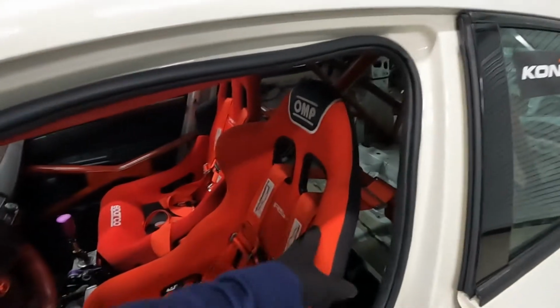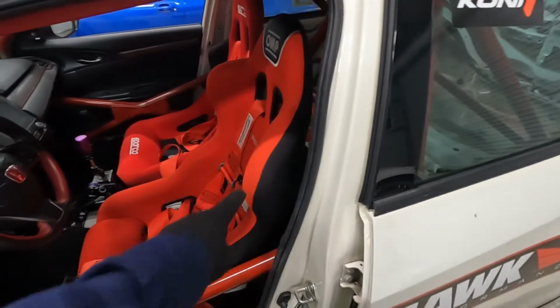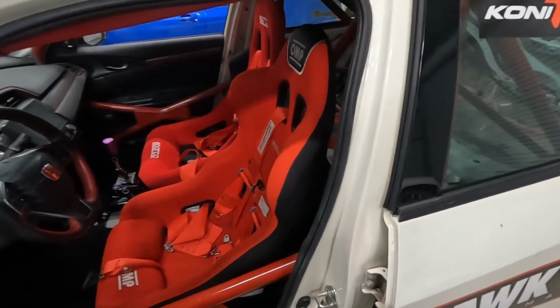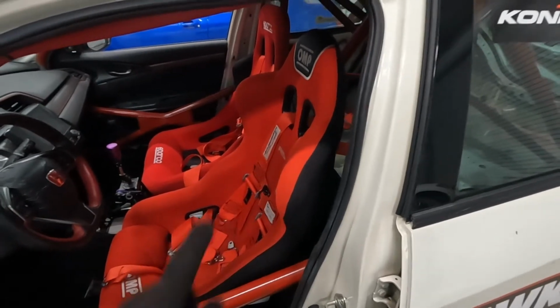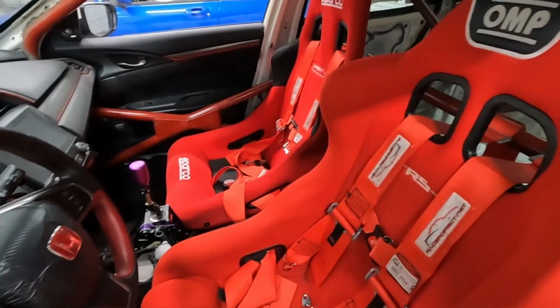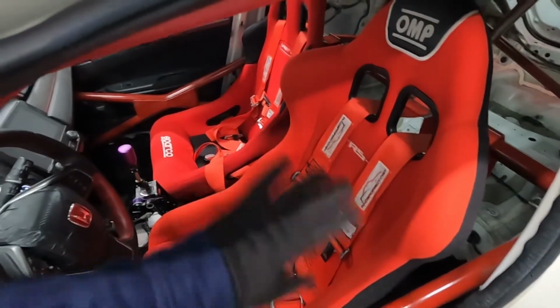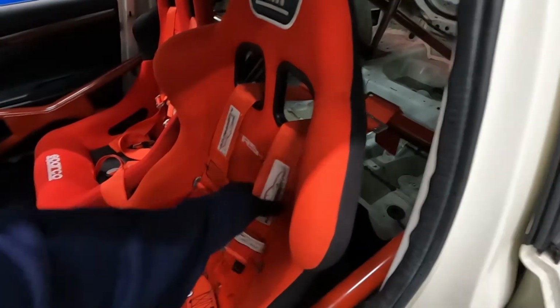My seats, OMP TRS E, very good seats, very comfortable actually, and very well done. If I ever get another seat, I'll probably get one of these again. Love the color. And the Sparco Sprint, so that's a Sparco Sprint seat. It's a larger one, so it could fit absolutely everybody. And of course, we have these